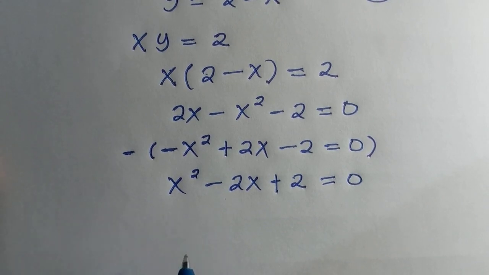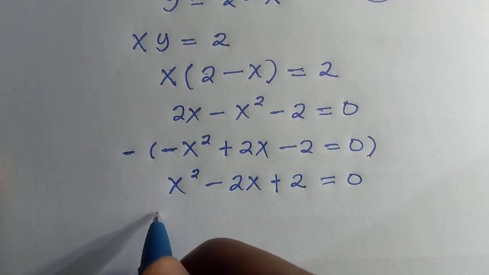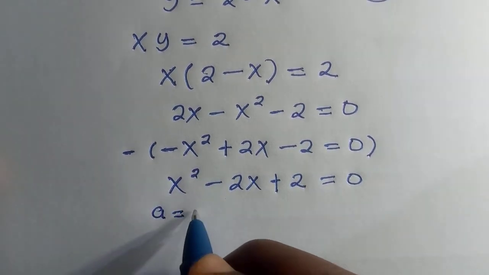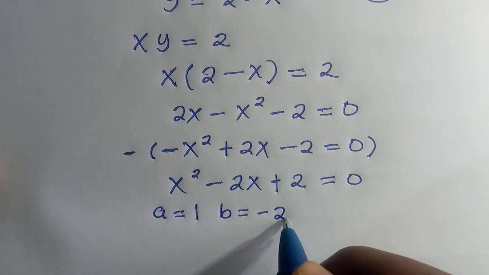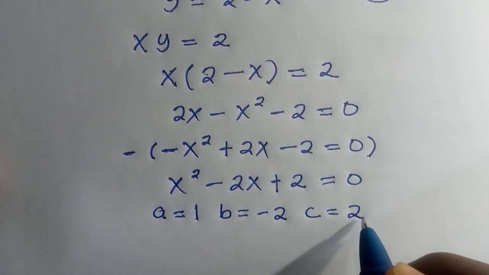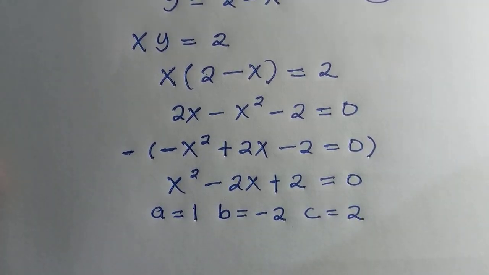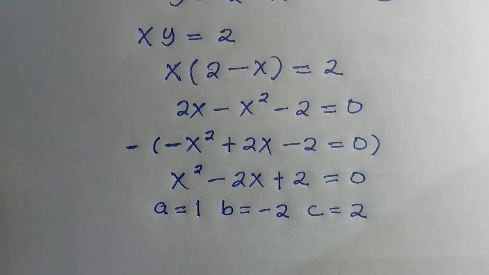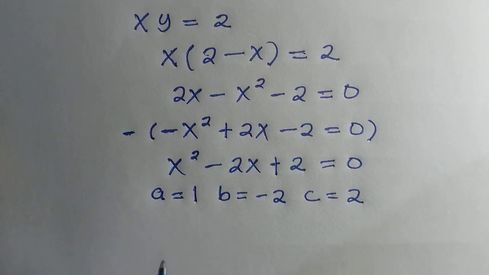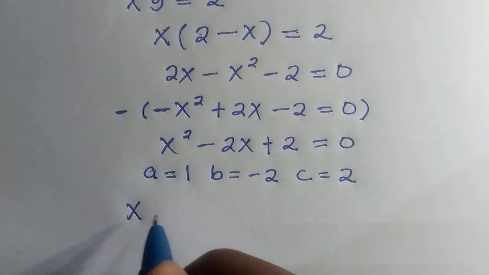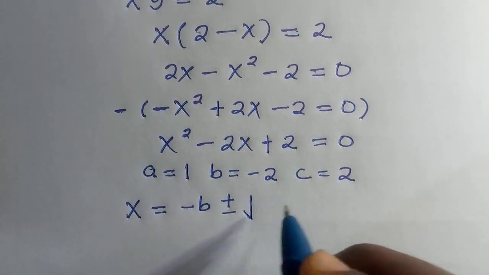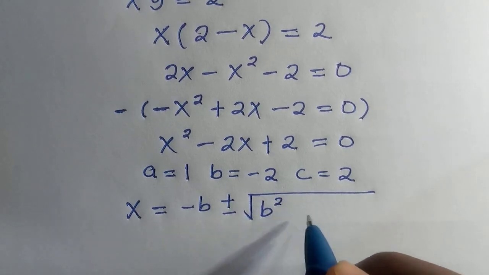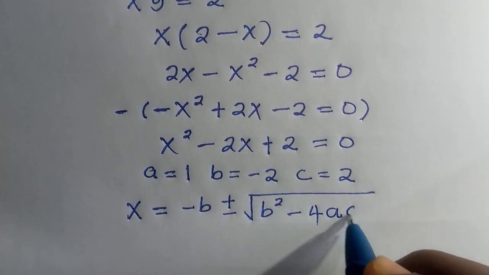So we are going to solve this by applying the quadratic formula, as we are going to be needing a, which is the coefficient of x squared, as 1. We are going to need b, which is the coefficient of x, as minus 2. And c is our constant value, which is 2. So we will be substituting all these values in this quadratic formula, which says x equals minus b plus or minus the square root of b squared minus 4ac,